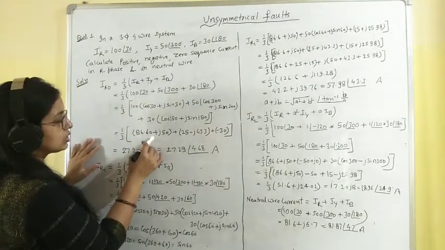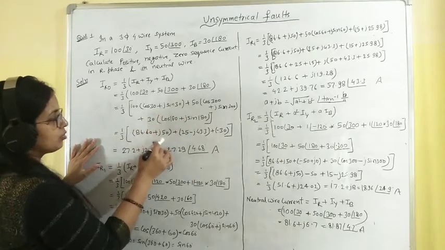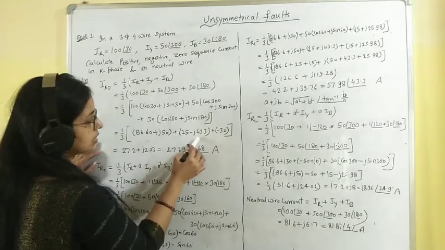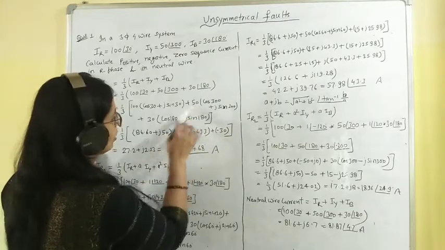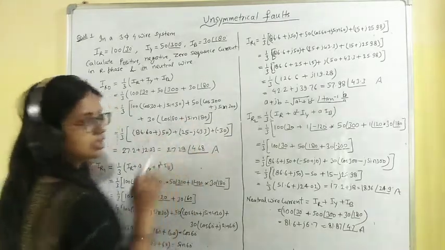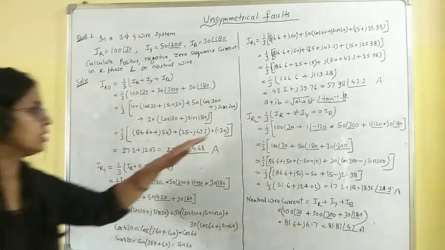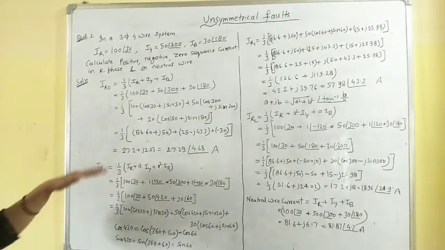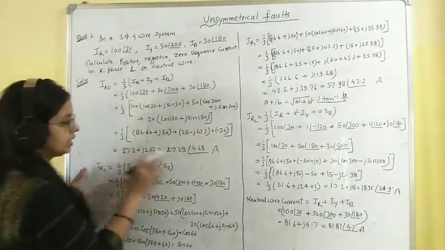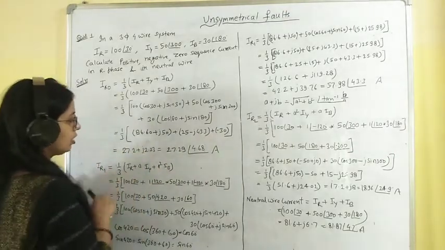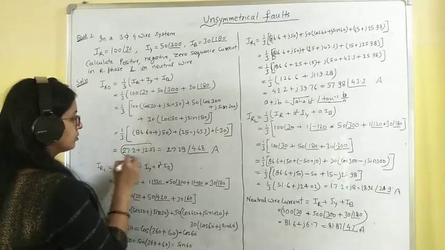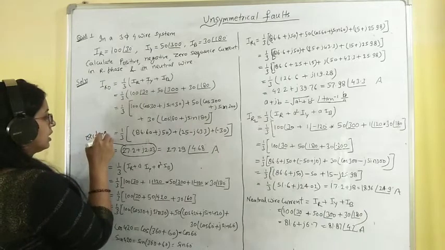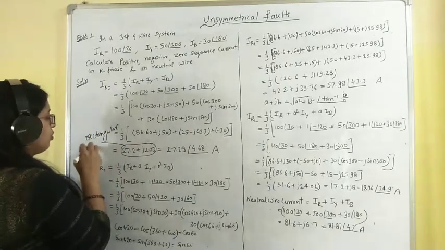It is 6.60 plus j 50, and this value we get is 25 minus j 43.3, and this last value is minus 30. Then, separating the real and imaginary parts and dividing by 3, we get this value, and this is basically called the rectangular form.